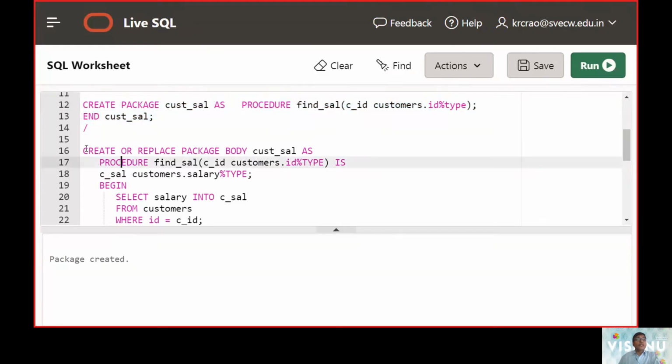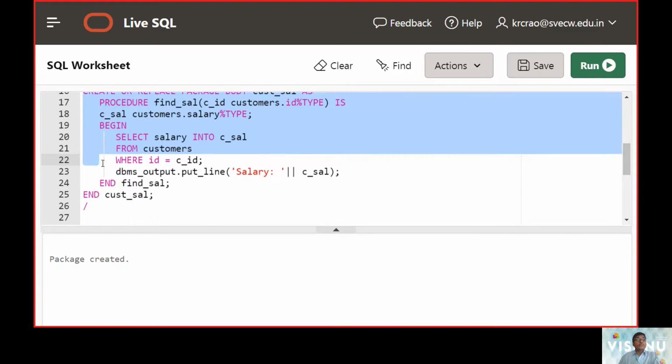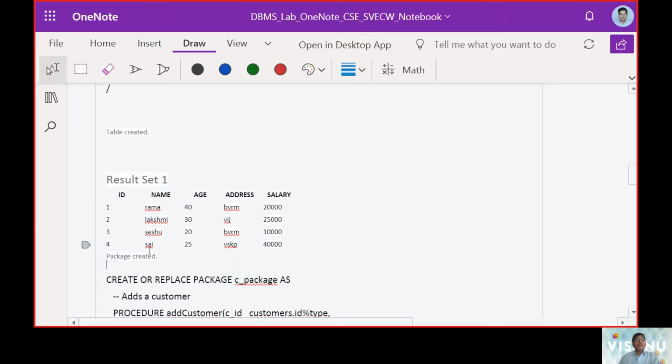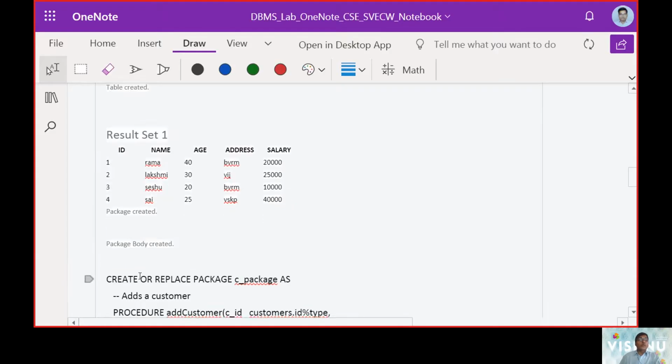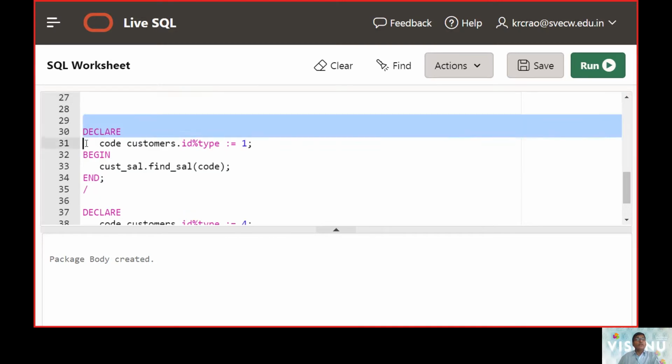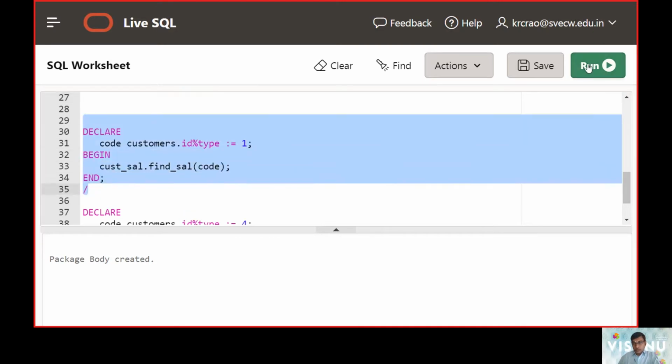Now the package definition has been taken up. Now the package is calling a procedure, and thereby it is using the SQL part here. Again, the package body was created, the definition was created, the body was created. Now what is pending? The main program is pending, and it should call the package body, which includes the procedure.